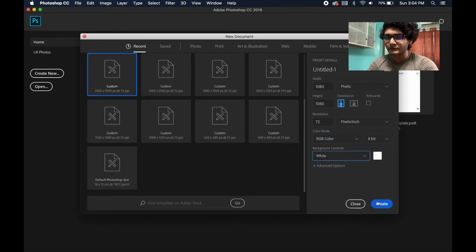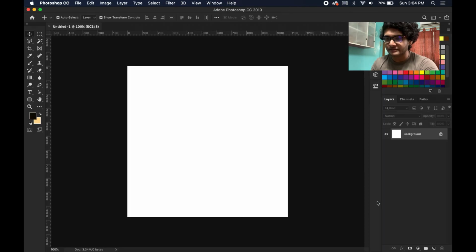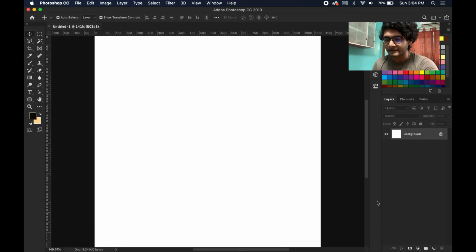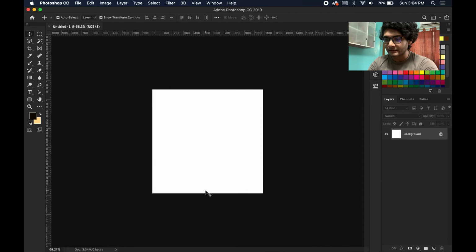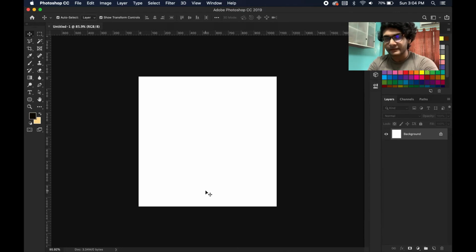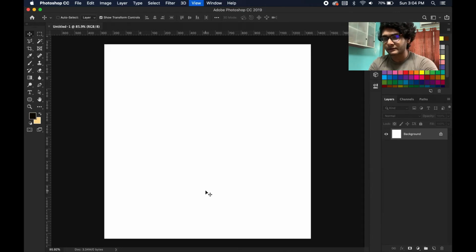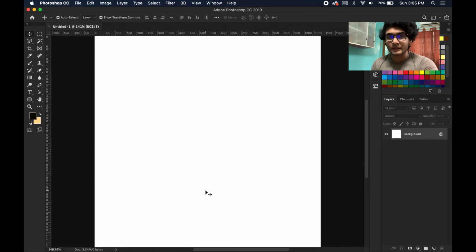So this is how the canvas will look, and as you have seen, when I pressed Command 0, it got fit into the screen. Command is the same key as Control in Windows.